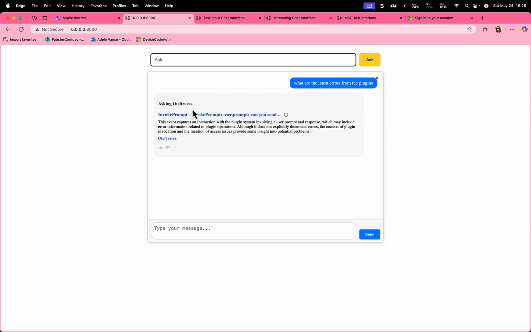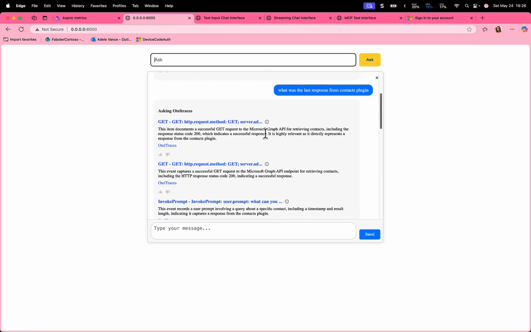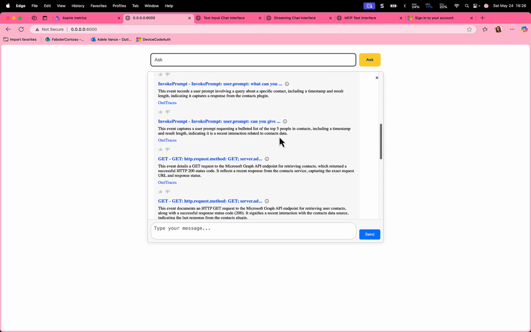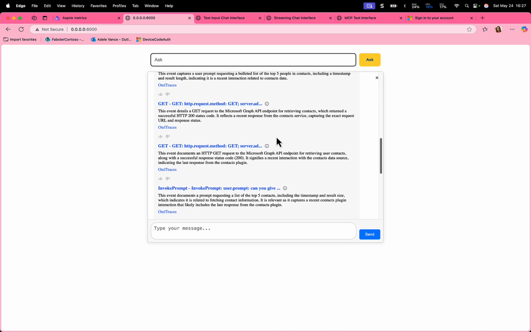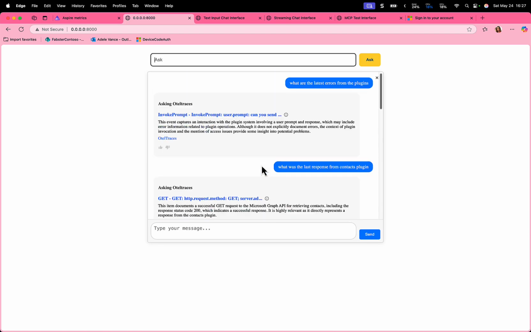I'm going to now ask what was the last response from the context plugin? All right, so it's giving us the context plugin, letting us know about the 200 code. There are 5 people in the contacts, and a couple others. We won't go through all of that, but let's say